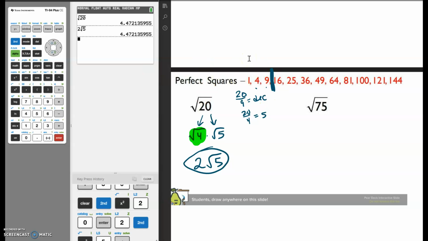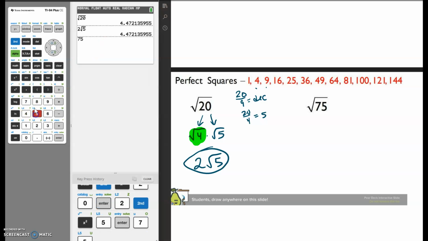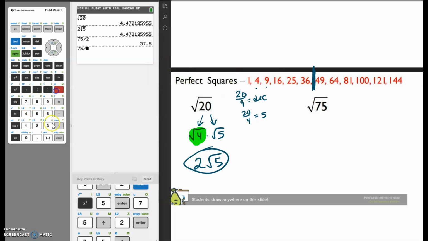If all you're doing is rewriting the way it looks, it needs to have the same value. For 75, half of 75 is going to be, we'll call it 38. So all the numbers less than 38, those are the ones you have to check. Now, if you don't know,